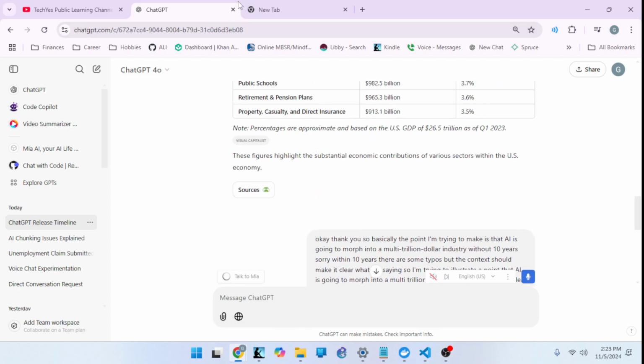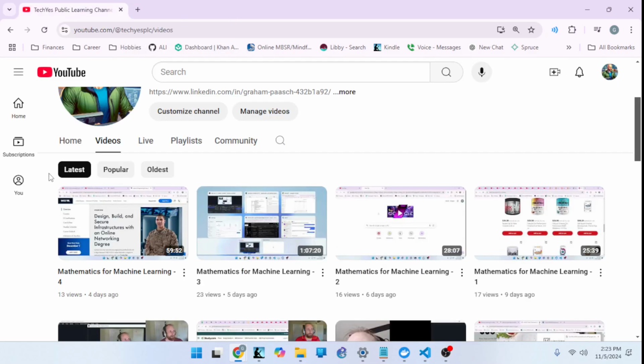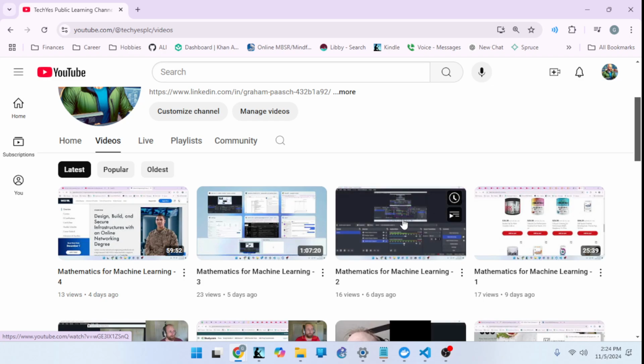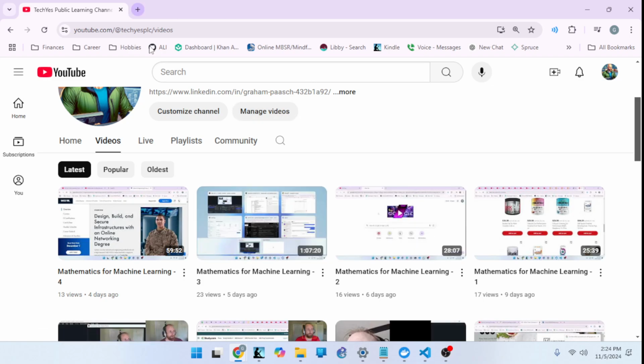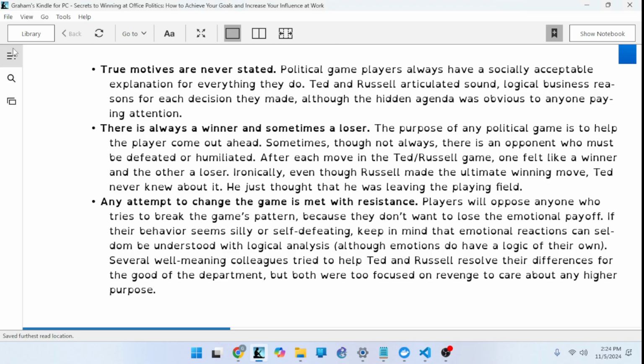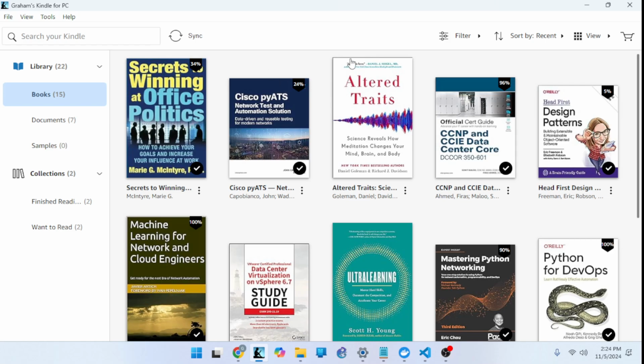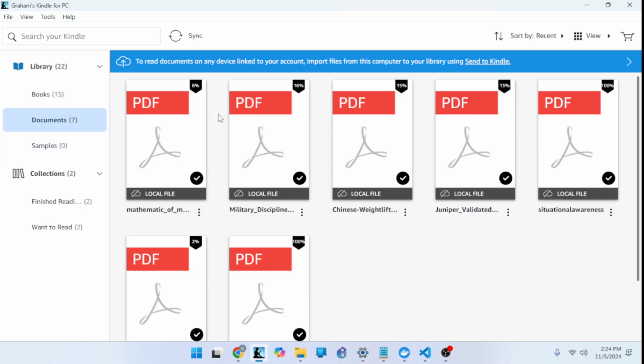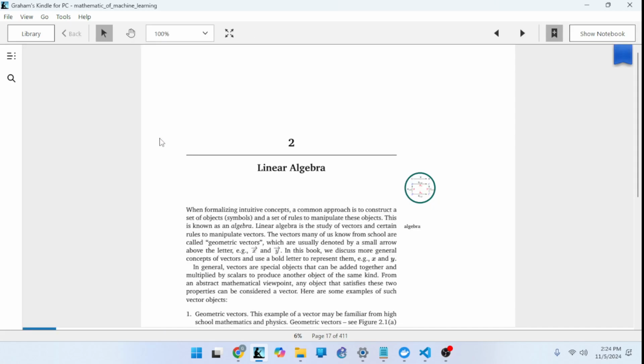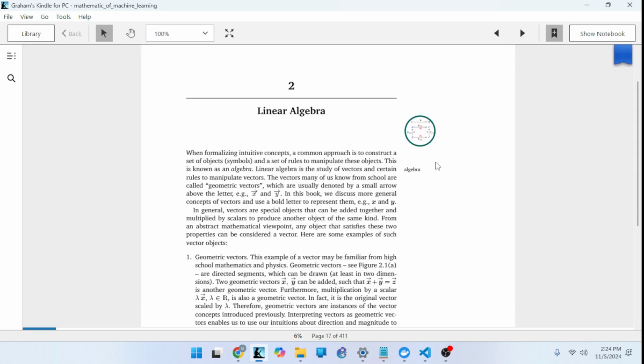Yeah, so that brings me to the topic for this video, which is we're going to continue the mathematics for machine learning. So this is a book I got from reading a Reddit post, and it's a good one because it's kind of designed for a broader audience. It's not a high level PhD college textbook. But even with its wider scope, I'm likely going to need to brush up on quite a few things.